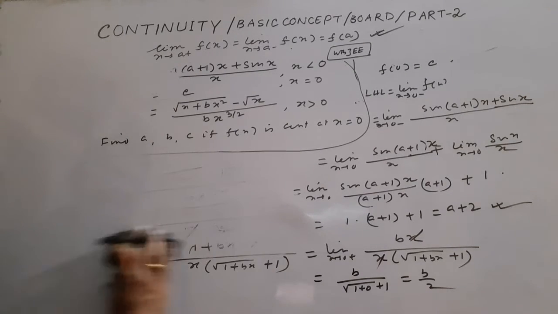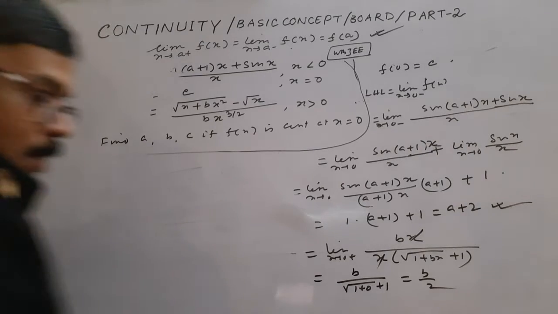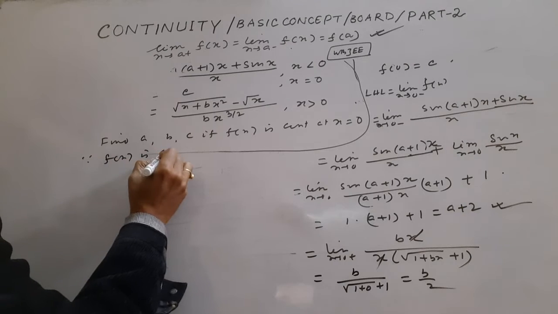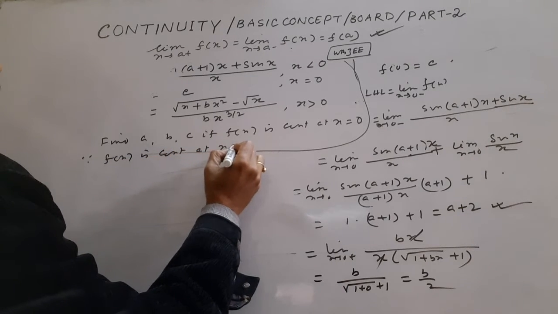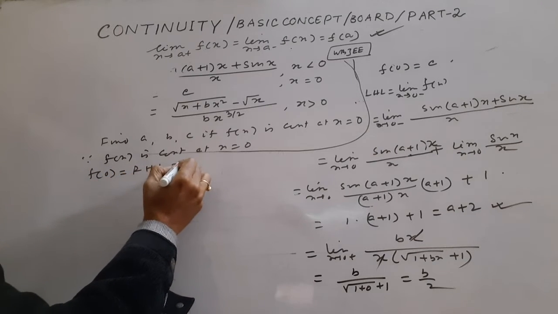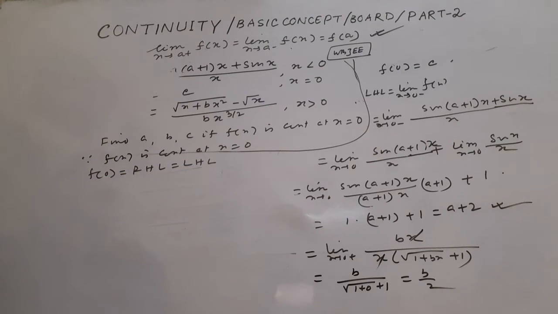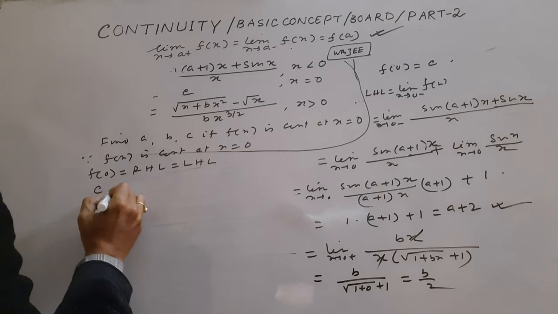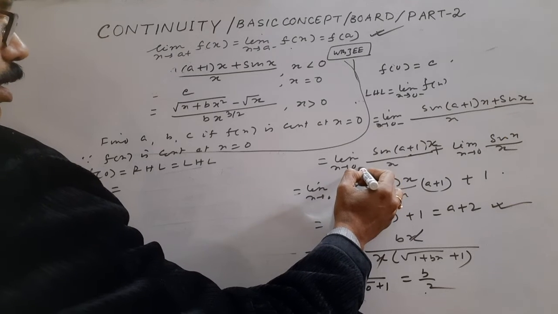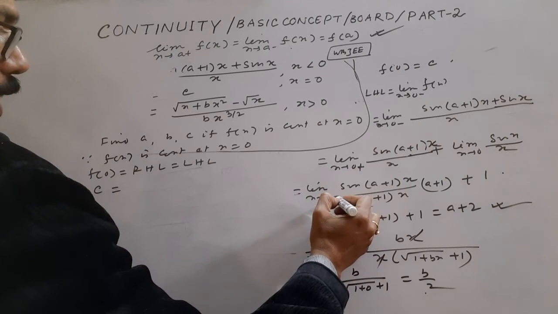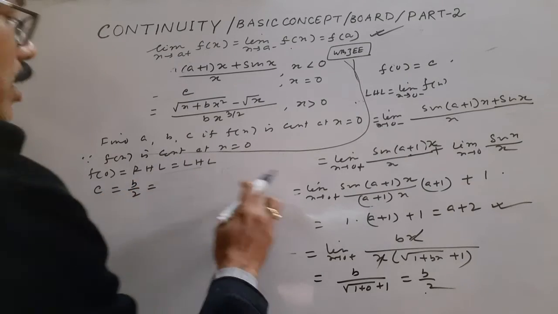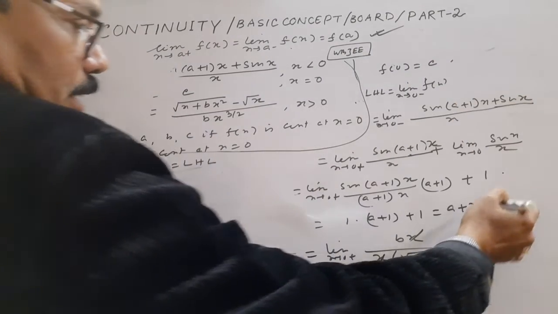Now use the definition. Since f(x) is continuous at x equals 0, so f(0) equals RHL equals LHL. So what is f(0)? f(0) equals c. What is RHL? RHL is, this is obviously 0 plus, so b by 2. And what is LHL? LHL is